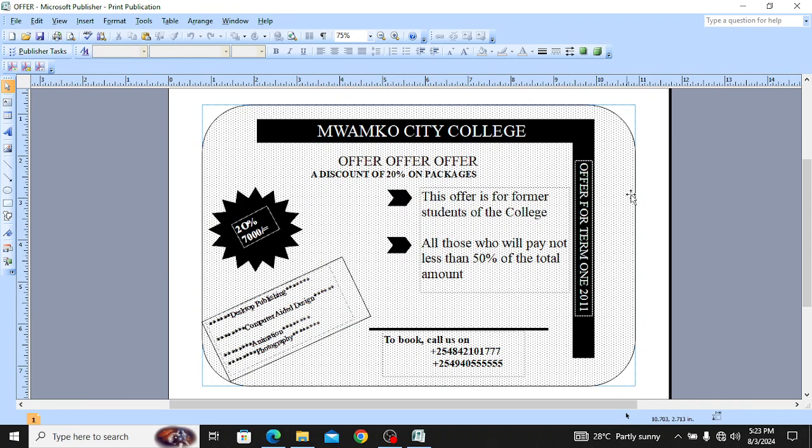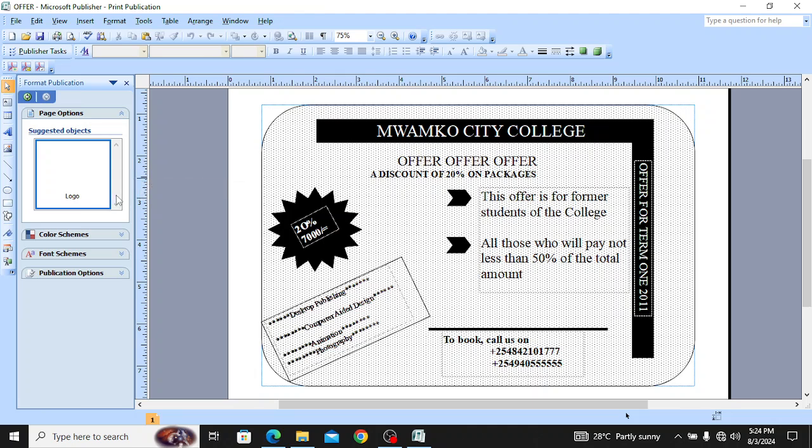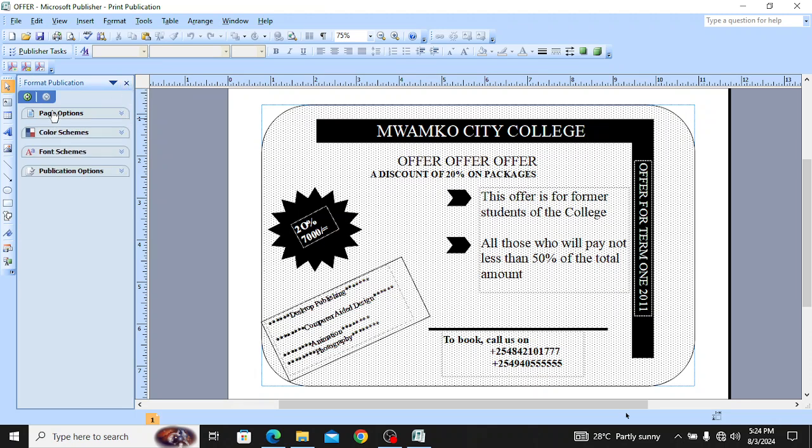Okay, this is now how we are supposed to create the publication. Now let's go to format again. Tuende kwa format. We don't want to format the publication. Page options, tukuja hapo kwa page options. Page options, I can see iko sawa. I think everything is good to go. Sasa, everything is good to go. Let's click page options,